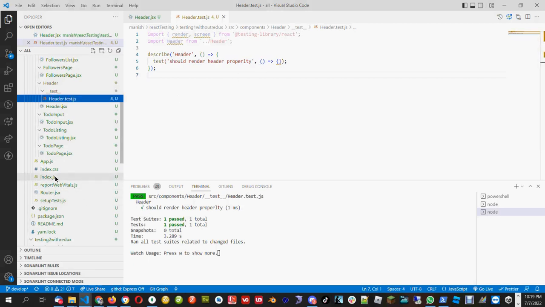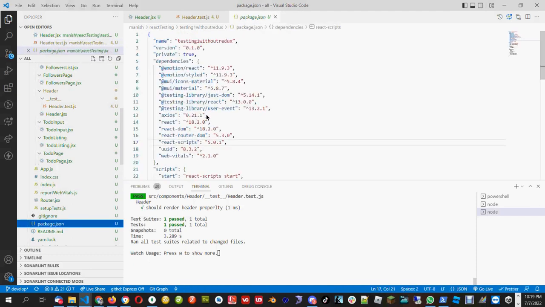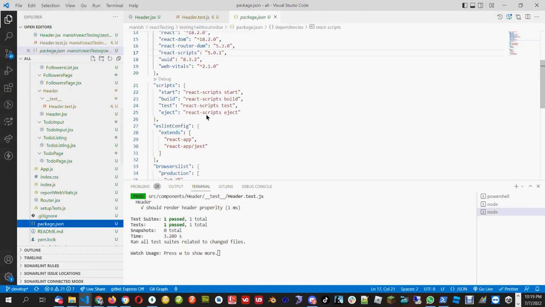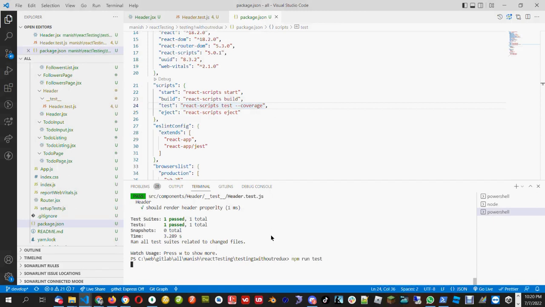Now I will try to see what percentage of code is covered. If I open this package.json file, let's write down the coverage. In the npm test, if I say --coverage, let's see if this is working. Otherwise I need to see what we should pass. Yeah, let's try to put the coverage. Now if I run the test case,